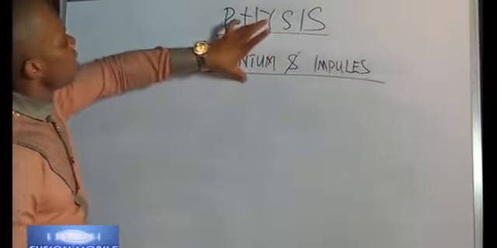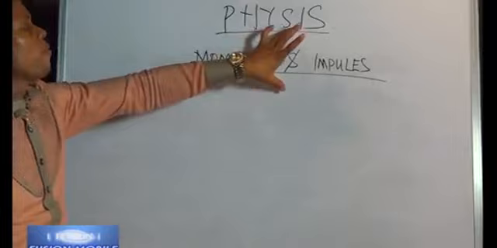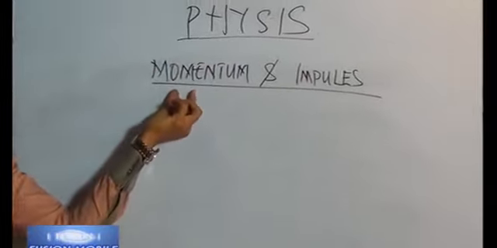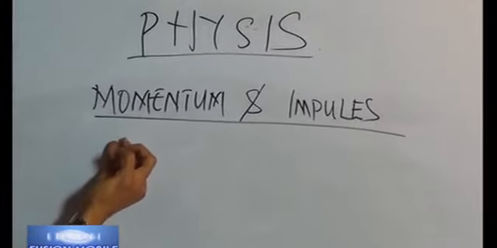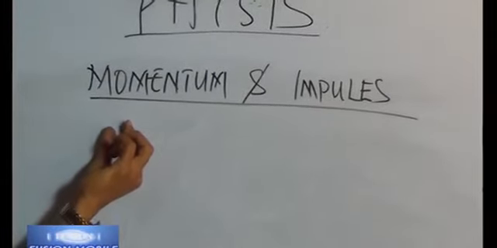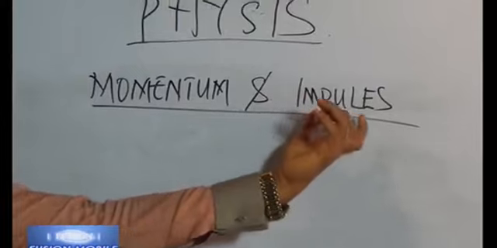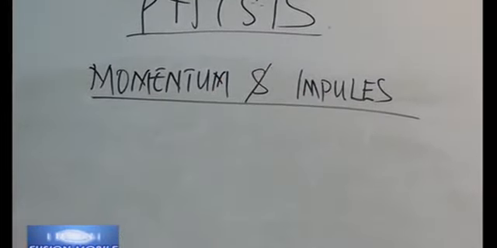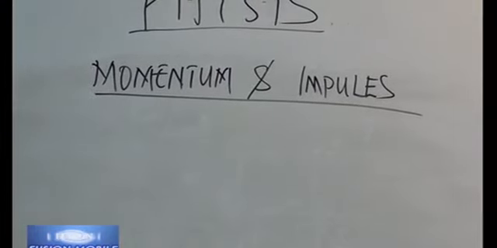Now, this and this, they talk about the same thing but from different perspectives. These talk about a matter or a body with its character of what it's doing and how it's doing it, while this one talks about the same body or matter with what is causing it. We're looking into that now.